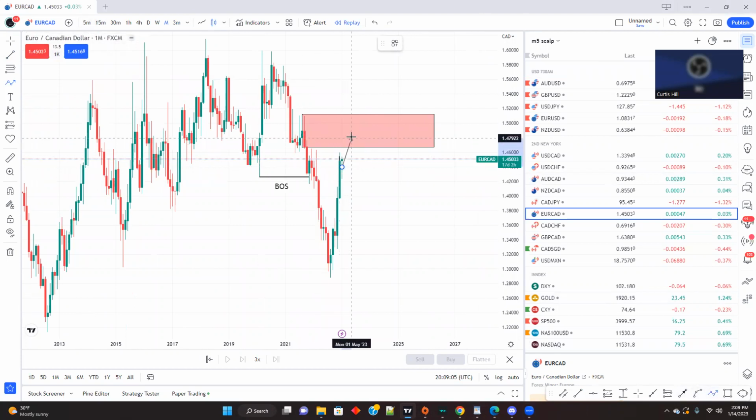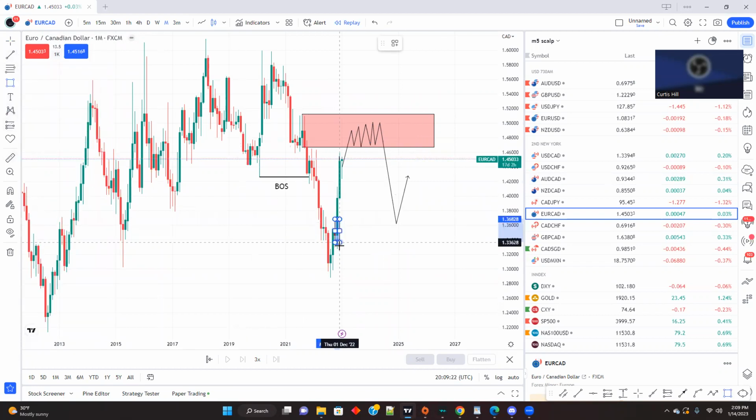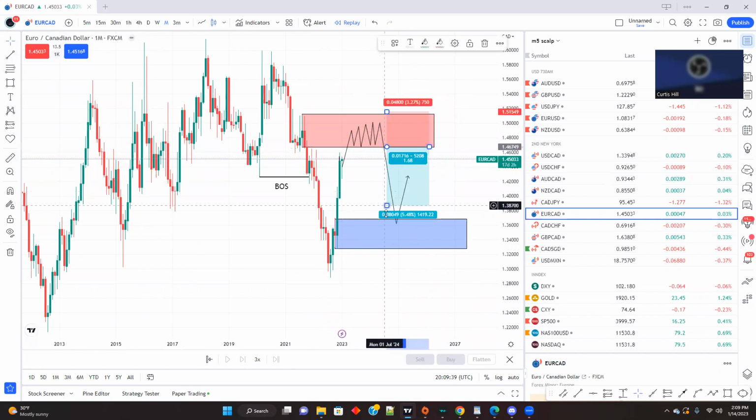So we want price to come back into the zone. It's not going to just drop right away. We're going to get the drop to come back down, something like that, and then a fling back up this way, because we spotted liquidity off this move right there. Sellers tried to come back in, buyers came up, pushed it down. So we're going to get a decent short position on the weekly, maybe from there to down here